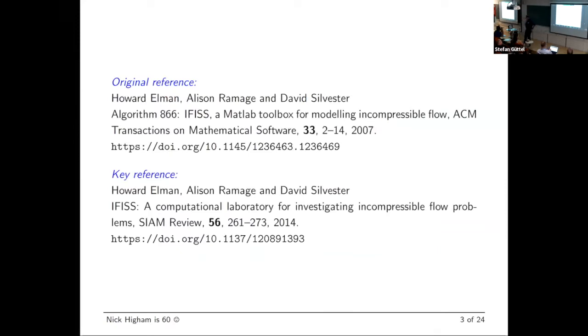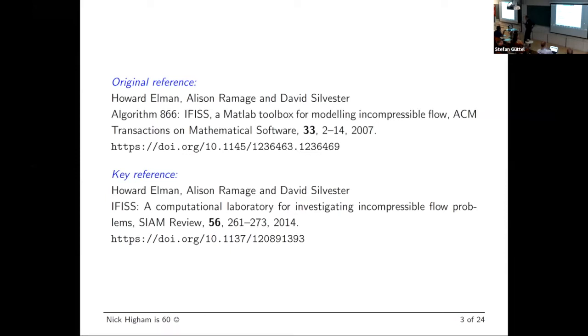There are two papers which have been written about the software, and they coincide with the editions of the book. So the book came out in 2005. It took 2 years to actually formalize the software. I would like it to have been on the same day, but there was a paper eventually published as an algorithm in ACM TOMS, which I have a very soft spot for, because at that time it was just about the only journal where you could submit code or algorithms and get it published. And it's a very highly respected journal, still is today.